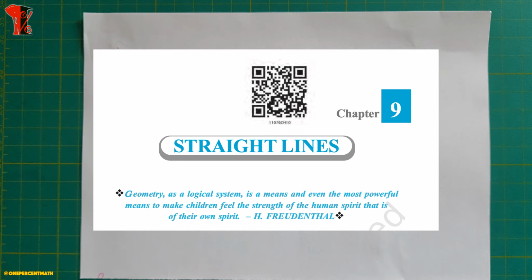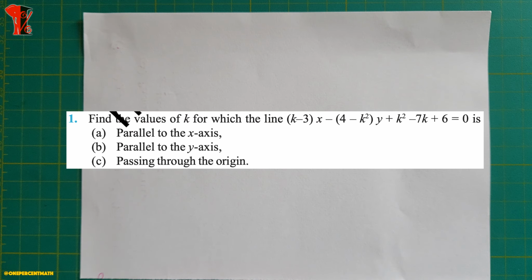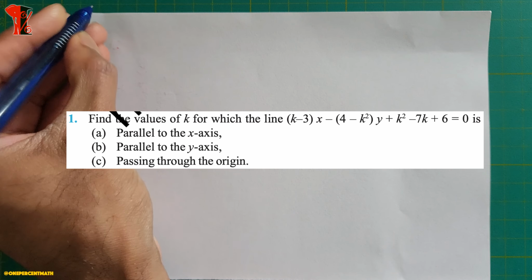Today let us solve the miscellaneous exercise of chapter 9, straight lines, from grade 11. The first question is: find the value of k for which the line (k minus 3)x minus (4 minus k square)y plus k square minus 7k plus 6 is equal to 0 is parallel to the x-axis, parallel to the y-axis, passing through the origin. So the given equation is,